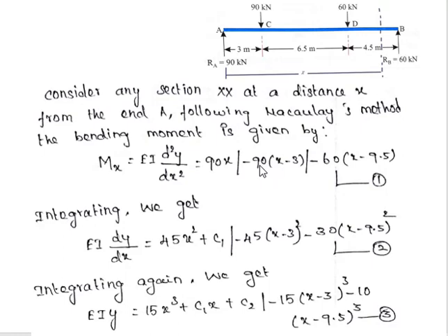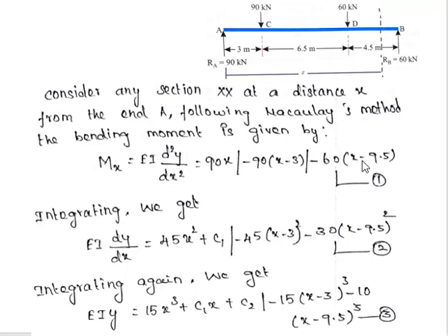here 90 into x minus 3. We take 90 as it is, and x minus 3 is taken as one whole term, as x. So this is x square by 2. Similarly, it is also like 90x, so divided by 2, we have 1 by 2 here. So 2 and 90 cancel. Similarly, we get minus 45 into x minus 3 the whole square.